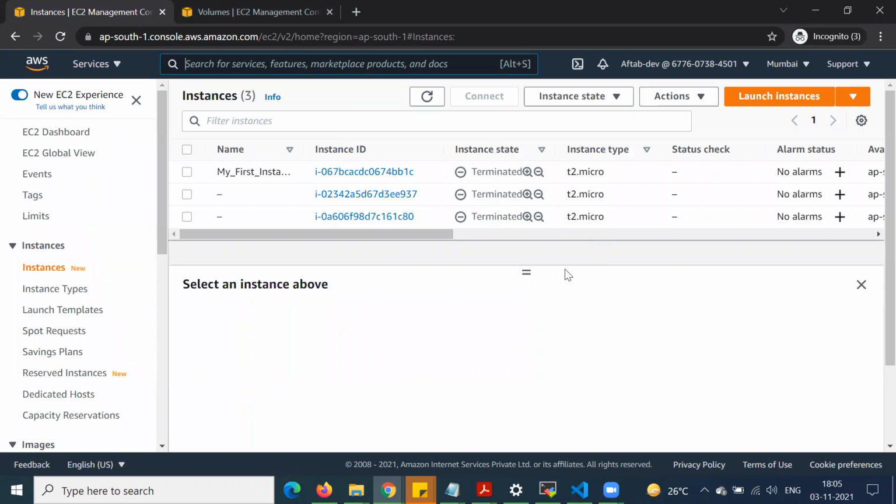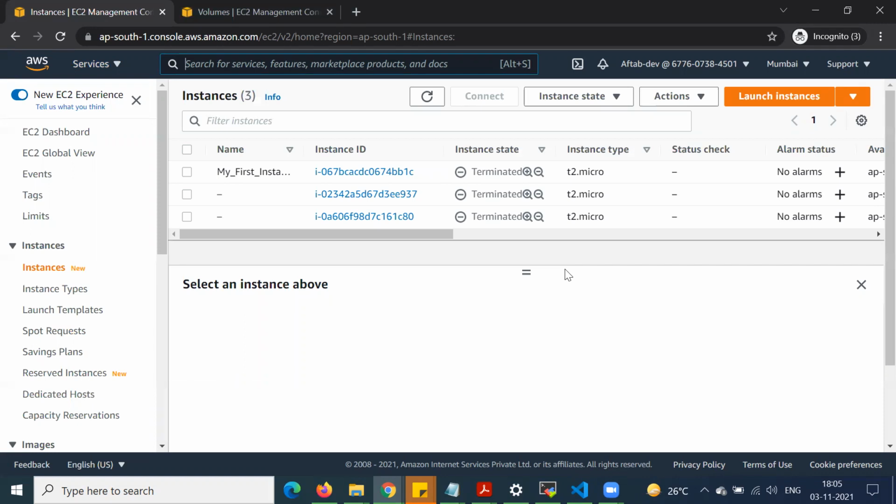Basically, we are using this EBS volume to get the data from the server, whatever application we are running. If due to some server failure or some fault, we terminated our EC2 server, then in that case we can retrieve the data from that EBS volume.